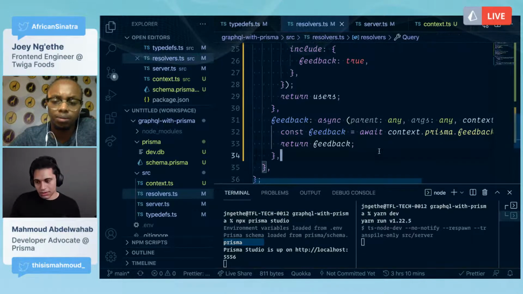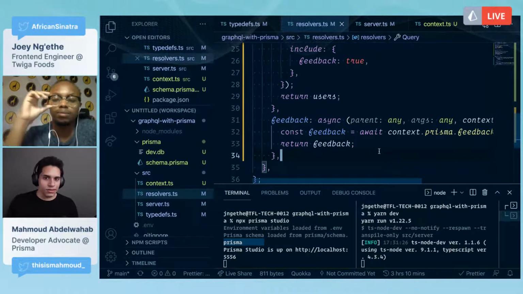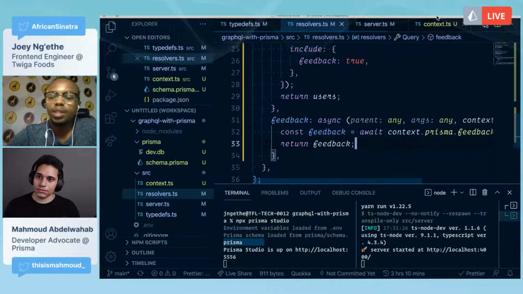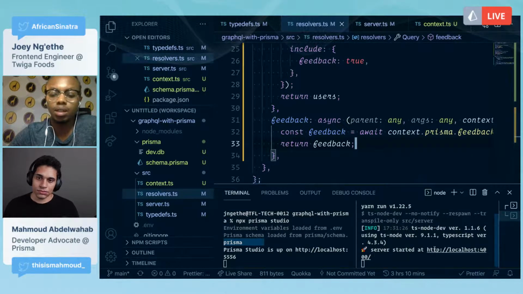Now, if you want to do other types of operations, maybe you want to add feedbacks, will we cover mutations or will we just add the code to the repo? Is it part of the plan? I think on the repo the code is done fully. You can feel free to check it out. Okay, let's see, we'll link it.